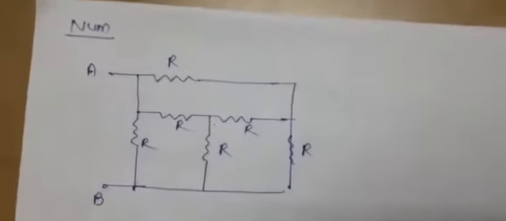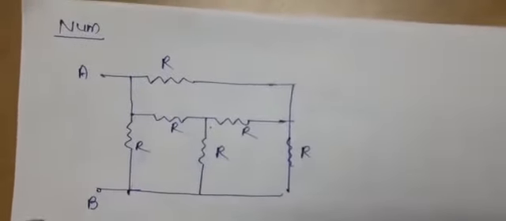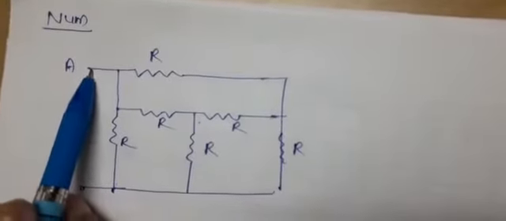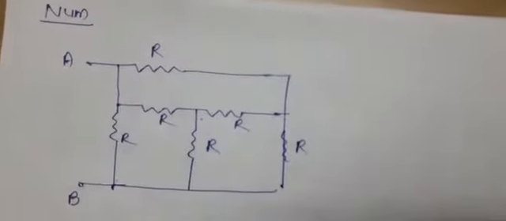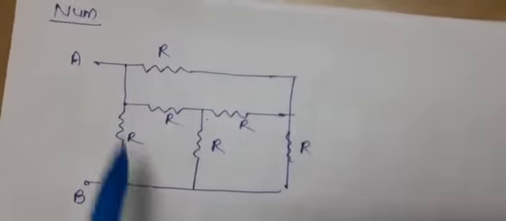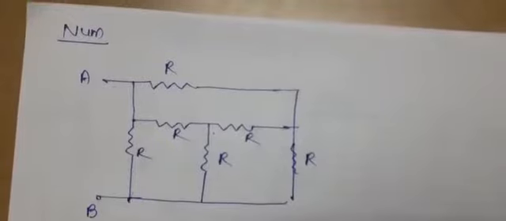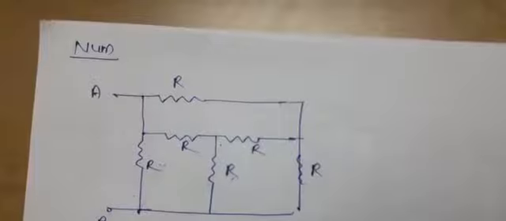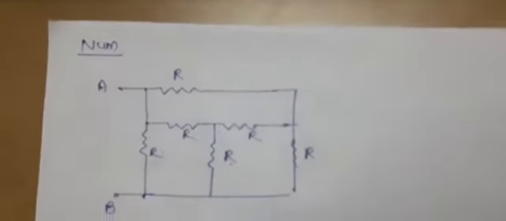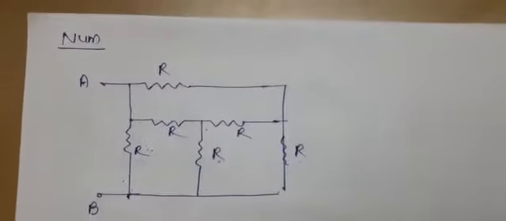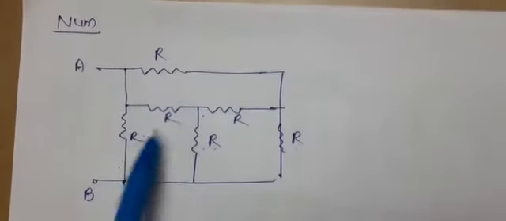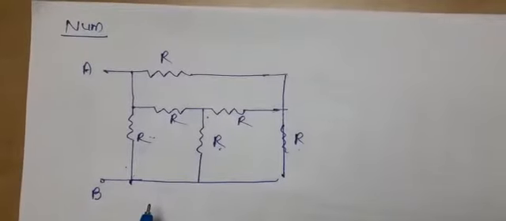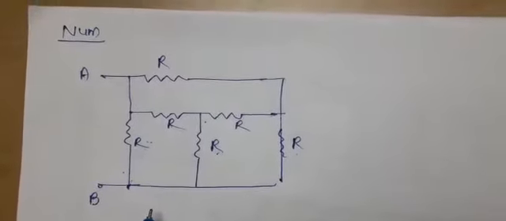So now let me take one numerical using the Wheatstone bridge. Let me explain it. Here we have to calculate the equivalent resistance between terminals A and B. So how to solve? We have to see how the resistances appear to be the same, and how we will convert it into a Wheatstone bridge or something else, because simply observing it, this is not a simple combination of series and parallel. So it's a complex circuit. So let me realize it into practical form.